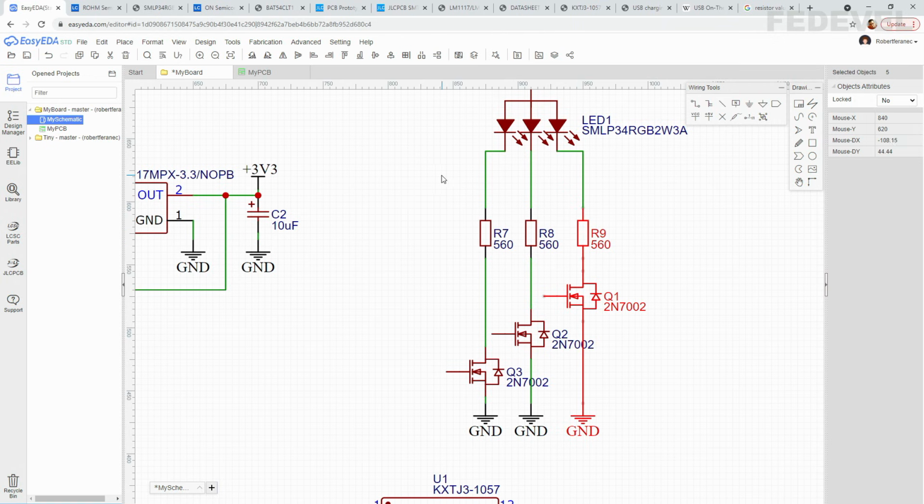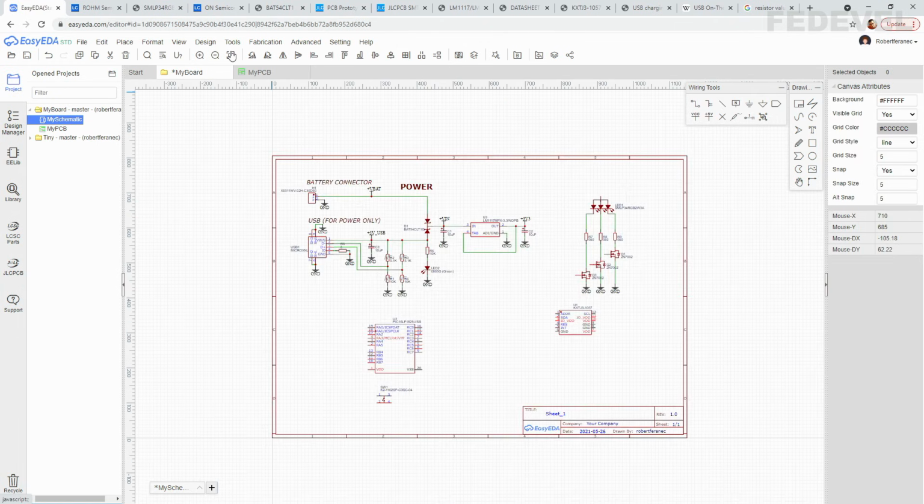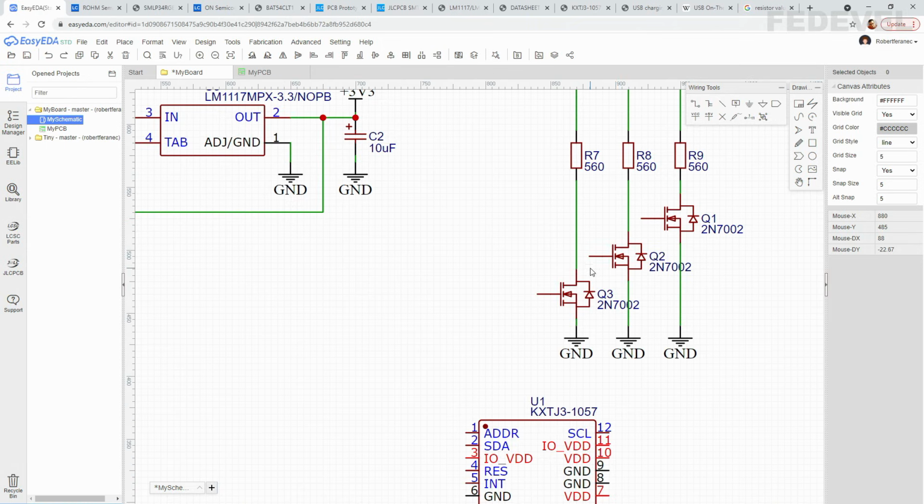And same here, select this, press Ctrl, hold it down, select also the transistor, and move it like this. I'm going to draw short lines which will be connected to these gates of the transistors, and then we will name these lines or these connections.